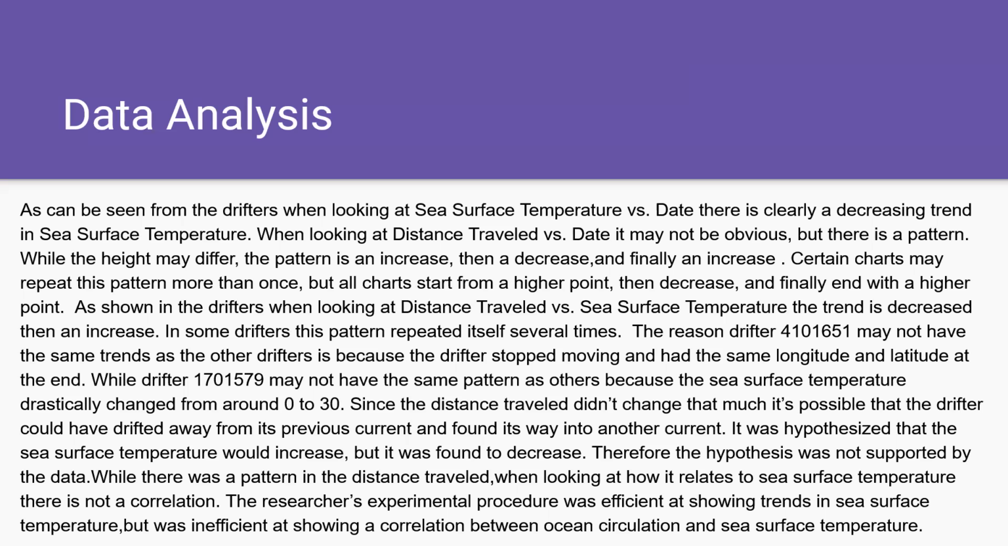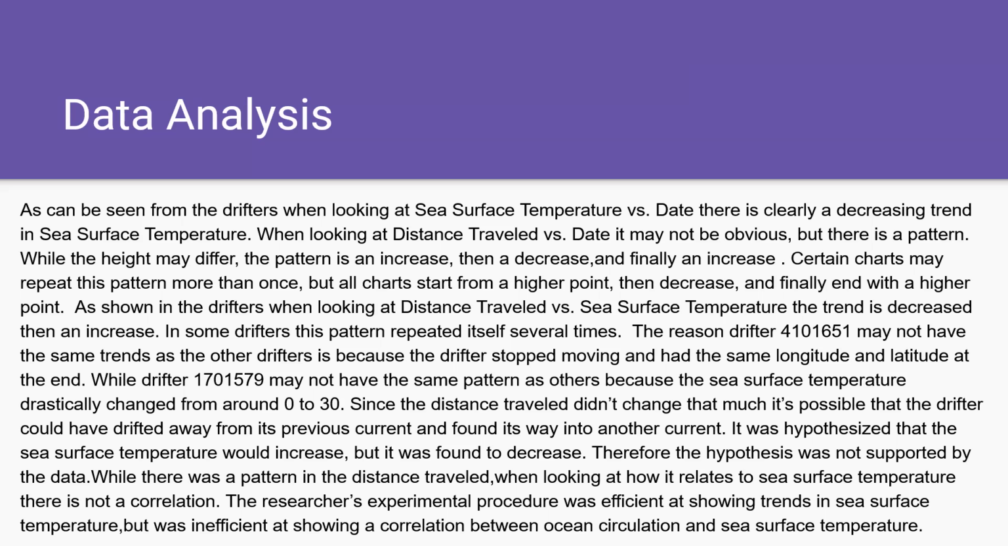As shown in the drifters, when looking at distance traveled versus sea surface temperature, the trend is a decrease, then an increase. In some drifters, this pattern repeated itself several times. The reason drifter 410161 may not have the same trend as the other drifters is because the drifter stopped moving and had the same longitude and latitude at the end, while drifter